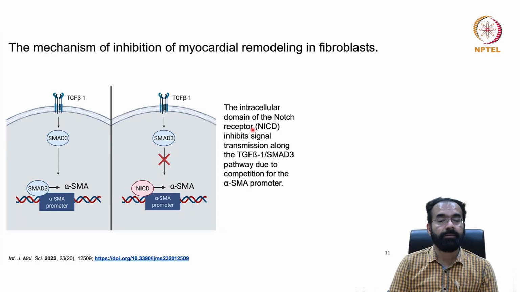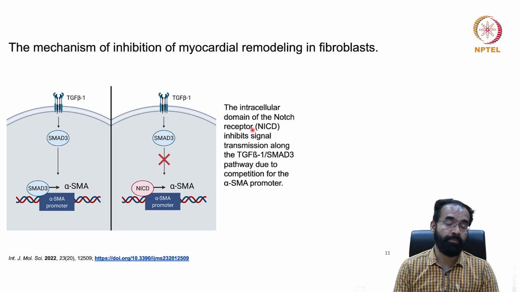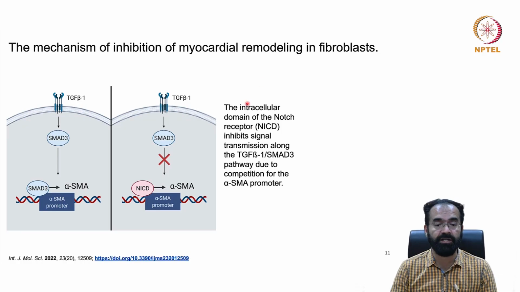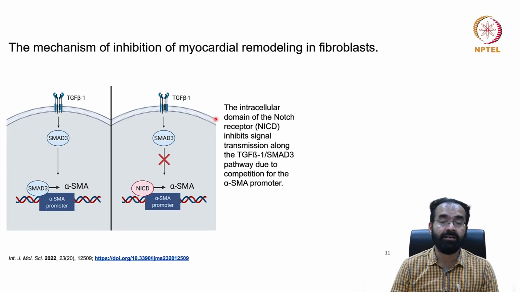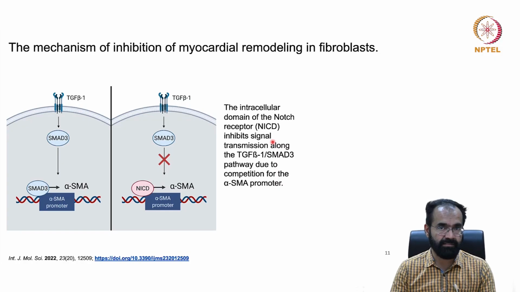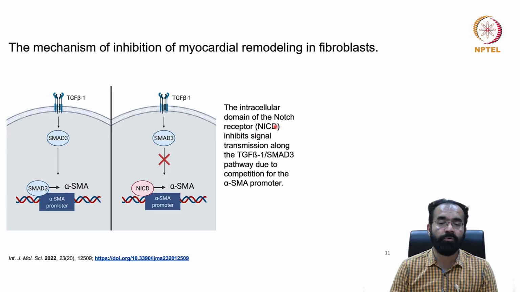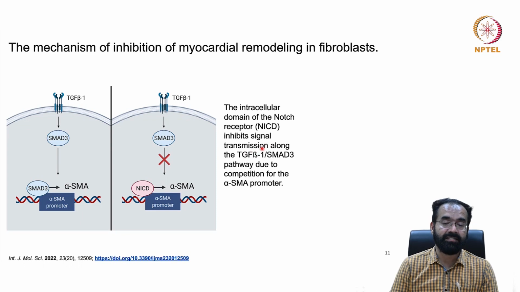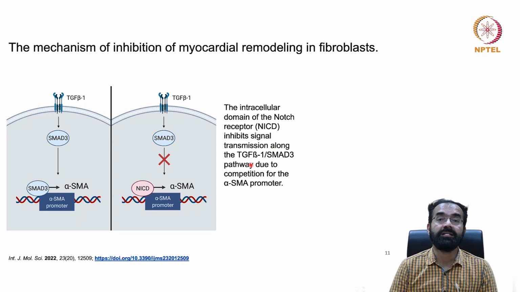And we can also see the myocardial remodeling in the fibroblast, also the mechanism of inhibition of myocardial remodeling in fibroblast. We know fibroblasts bring in the fibrosis and the scar formation after a myocardial infarction. The intracellular domain of the Notch receptor, NICD, can inhibit the signal transmission along the TGF-beta 1 SMAD3 pathway due to competition for the